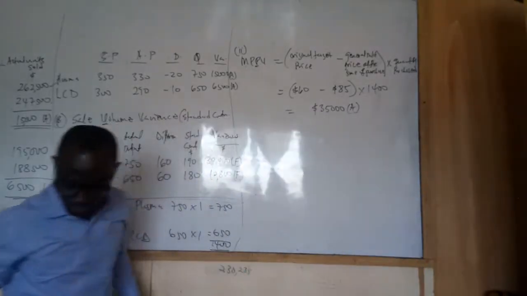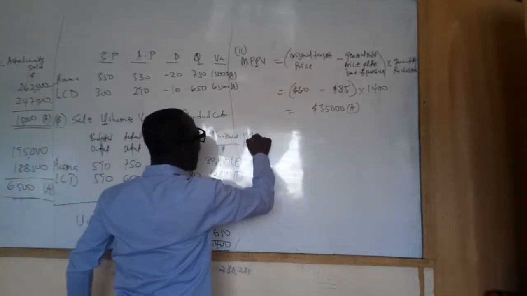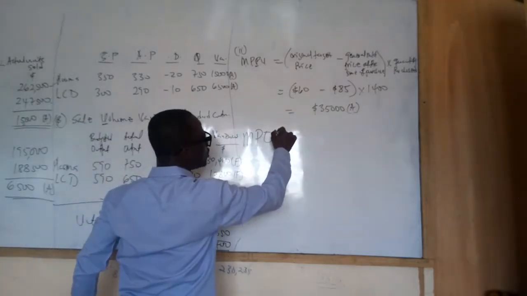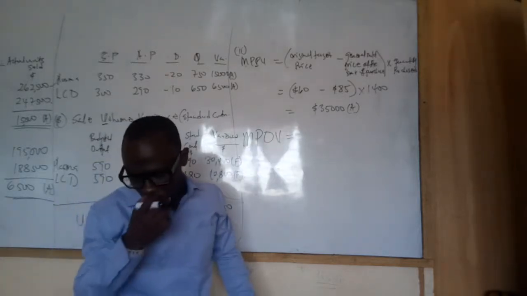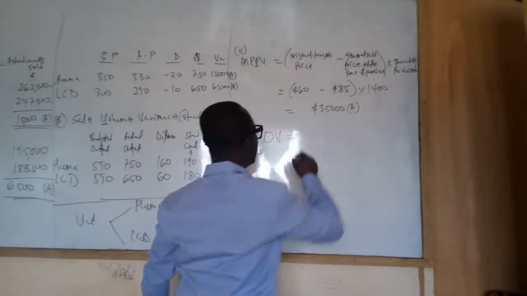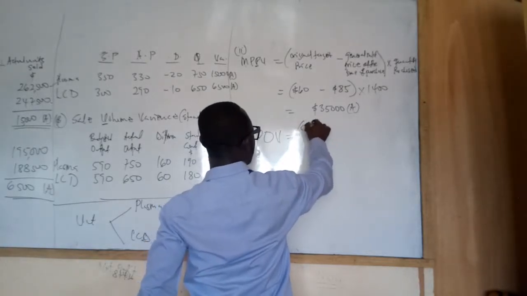Then his brother, material price operational variance. This one too, the formula is this. The general price at the time of purchasing